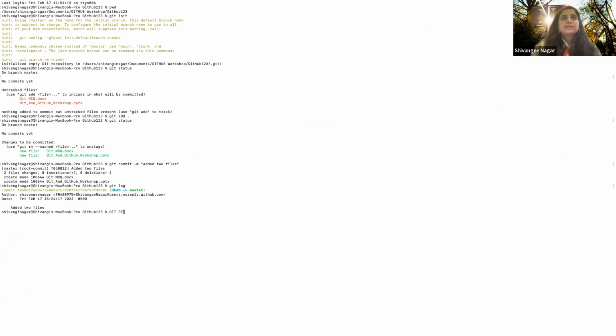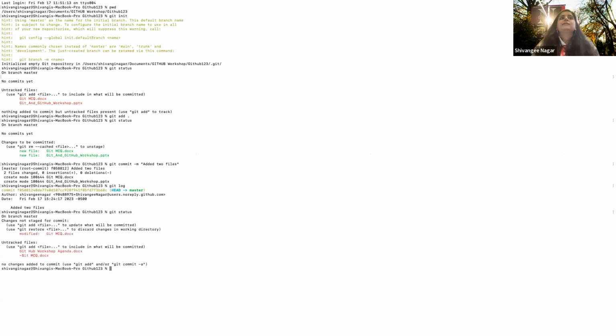So if I do git status here, it tells me that there are some changes here. I've changed a file. There's an untracked file, which is that I've added a file, and also I've modified a file. So if I say git add again, and then I do git status, it stages all of the 3 files to be committed. So I can just do git commit -m and say changes.